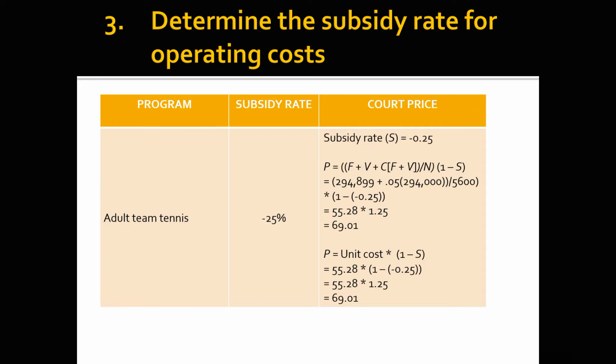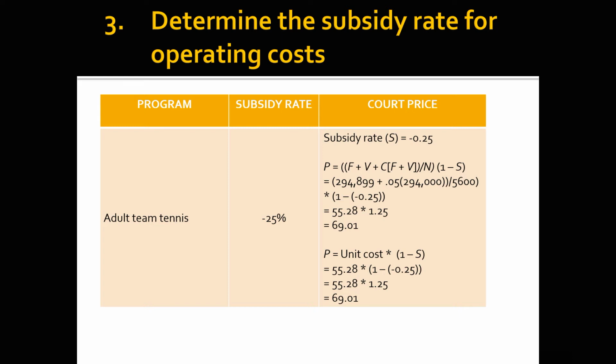The adult team tennis is -25%. So the subsidy rate is -0.25. I then take my P, and notice that in this case, my fixed and variable costs that I'm looking at are not my program costs, but my operating costs. So I've gotten these values again from table 1. And I do the math and come up with